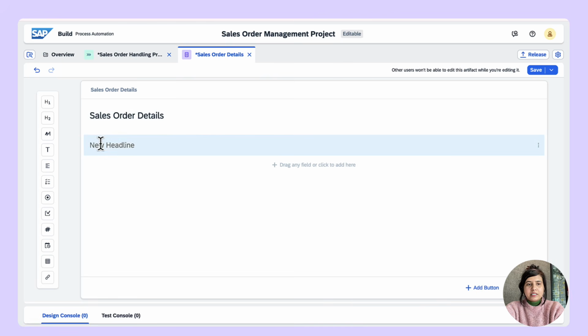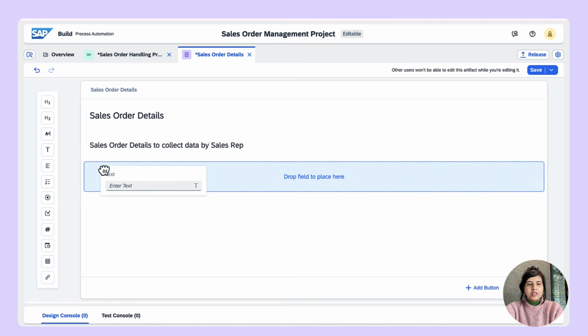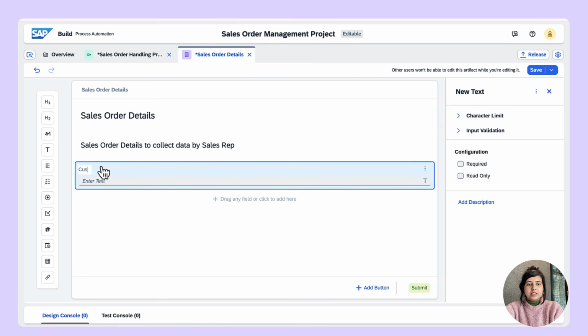Subheading as sales order details to collect data by sales representative. Okay, and we need important fields like